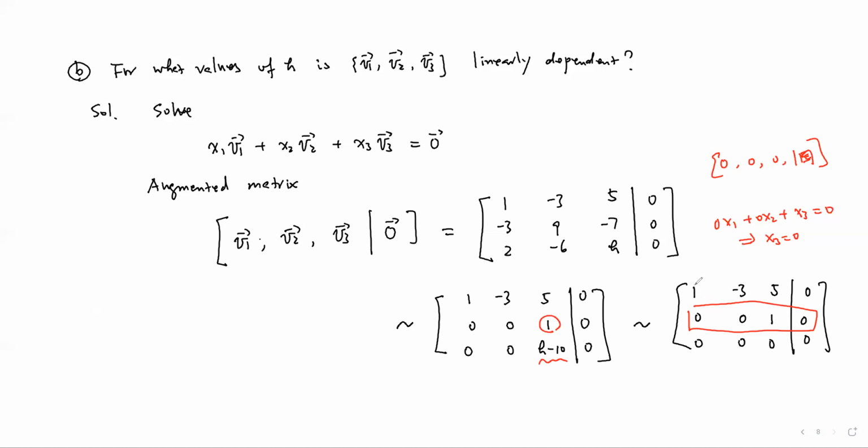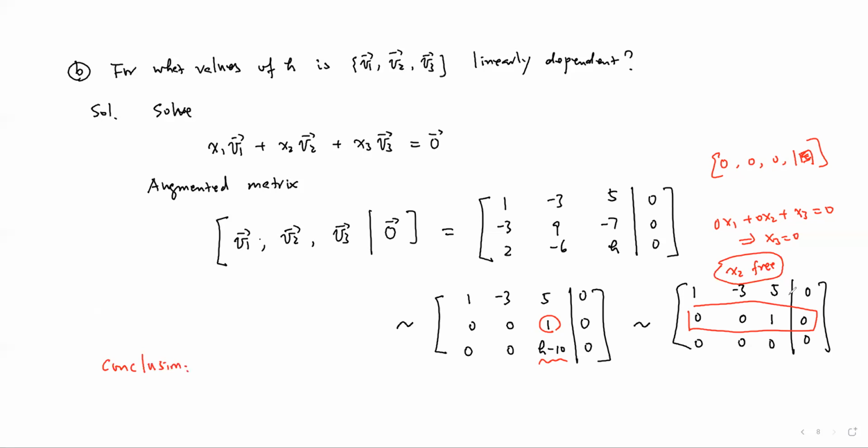I can see first column, pivot column, second column, free column. So x2 is free. The linear system has infinitely many solutions. Of course, there are non-trivial solutions. So the conclusion is